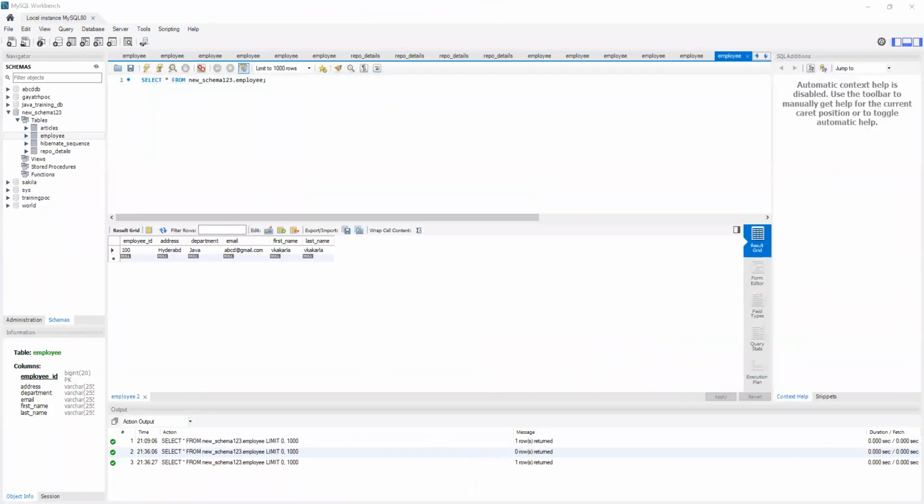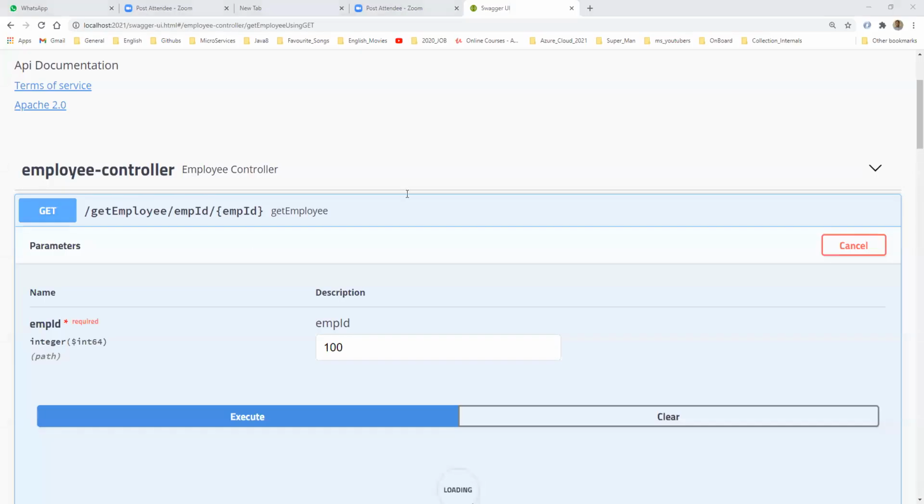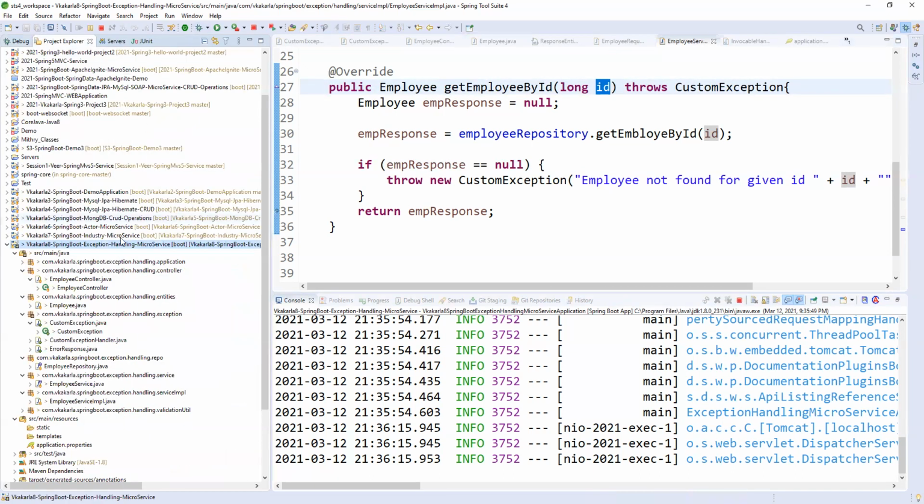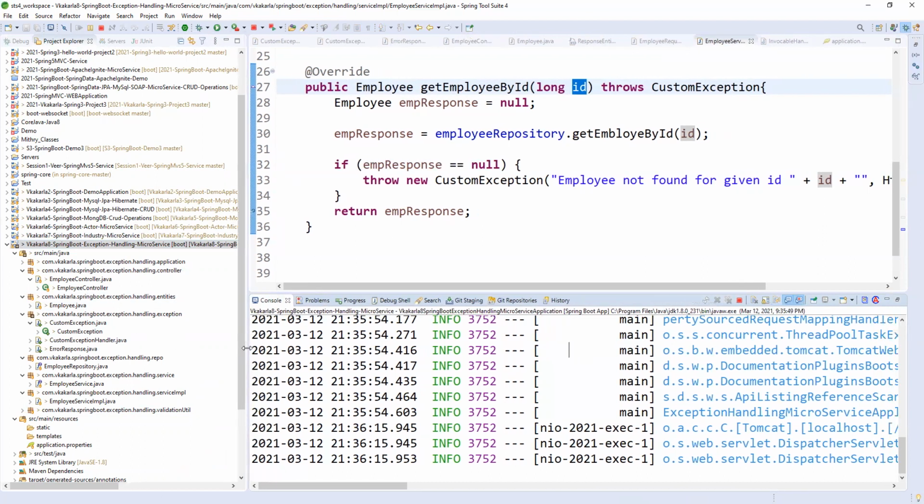We gave 100. So what is this long one? We gave the long one. From morning onwards my system is open, so that might be the reason. It is a little slow.